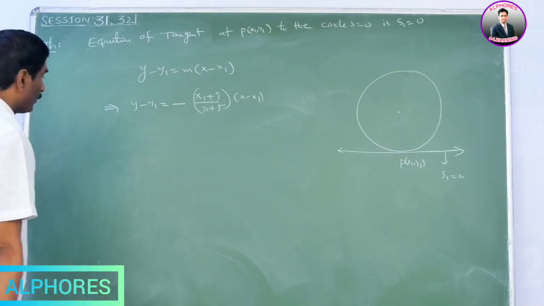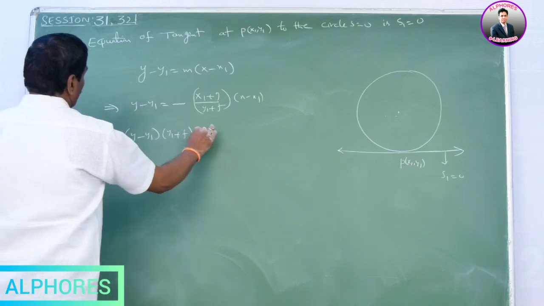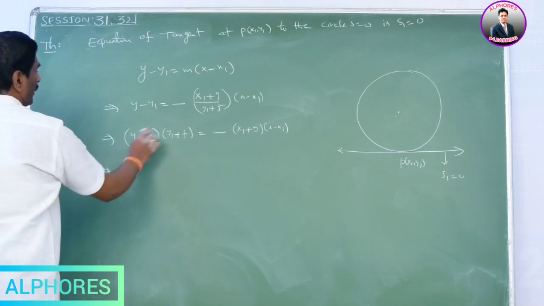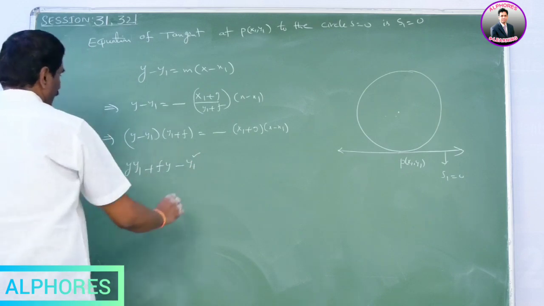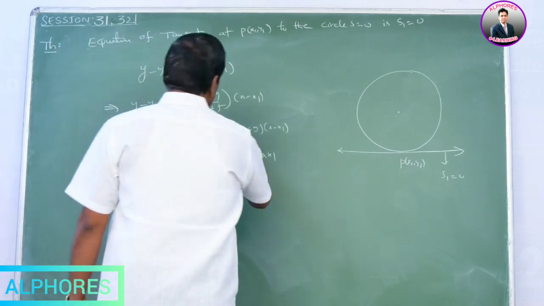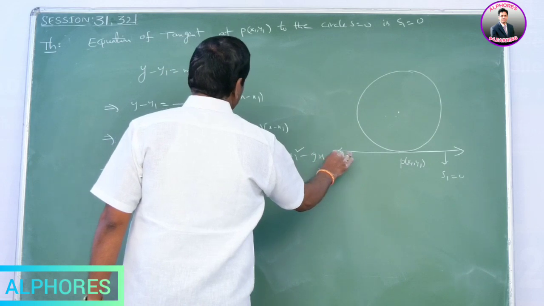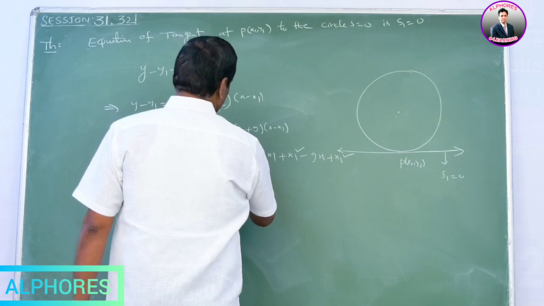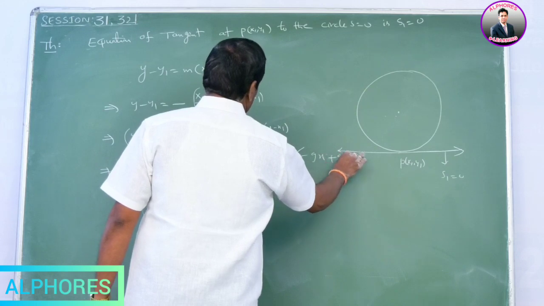After cross multiplication, we get (y − y1)(y1 + f) = −(x1 + g)(x − x1). By using the distributive property, it can be reduced into y1 + fy − y1 square − fy1 is equal to −xx1 + x1 square − gx + gx1. Sorry, plus xx1, gx, gx1 plus gx1. Okay,